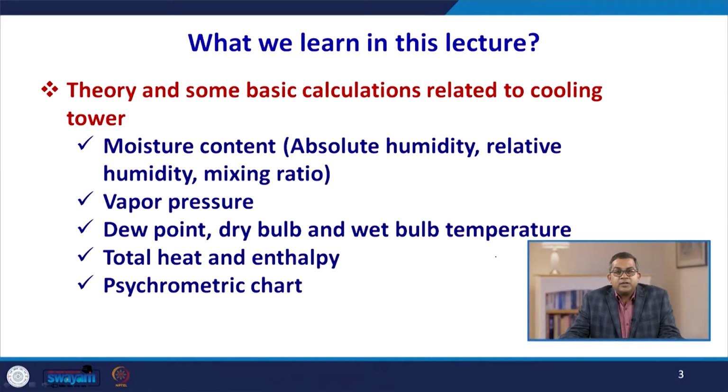In this particular lecture, we are going to discuss the theory and the basic calculation aspects pertaining to the cooling tower. We will discuss the moisture content: the absolute humidity, relative humidity, and what the mixing ratio is. Then we will have a brief idea about vapor pressure. We will discuss the dew point, dry bulb and wet bulb temperature. All these are an integral part of psychrometric calculations. Then we will discuss total heat and enthalpy, and at last we will discuss the